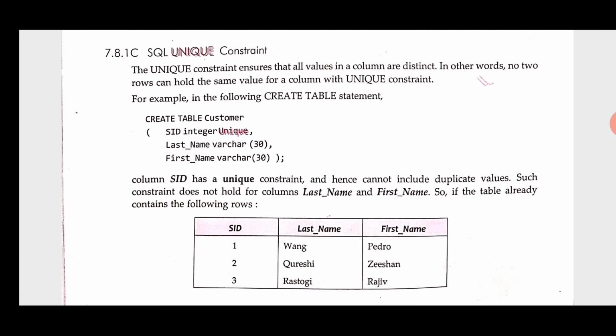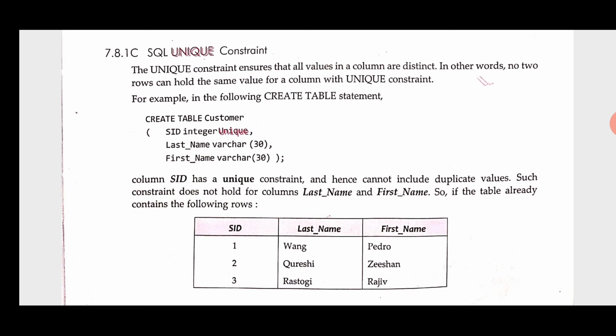SQL UNIQUE constraint. The unique constraint ensures that all values in a column are distinct. In order to be distinct, we can say means unique. In other words, no two rows can hold the same value for a column with a unique constraint.